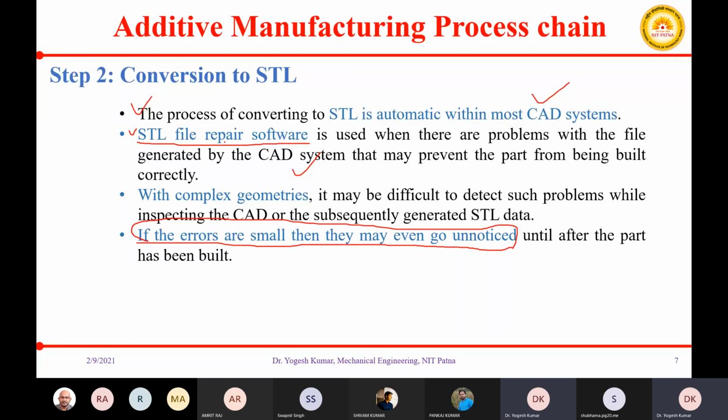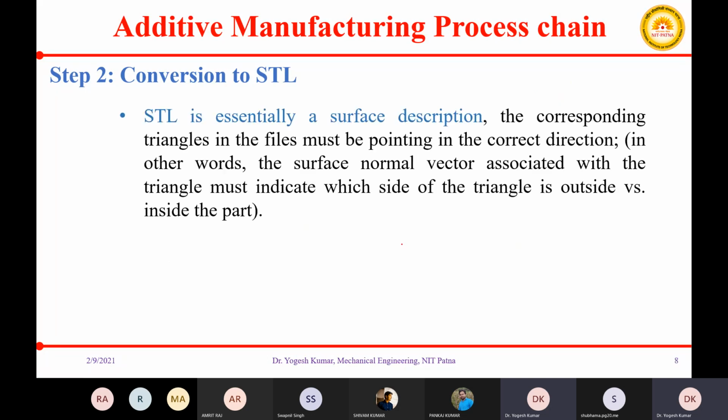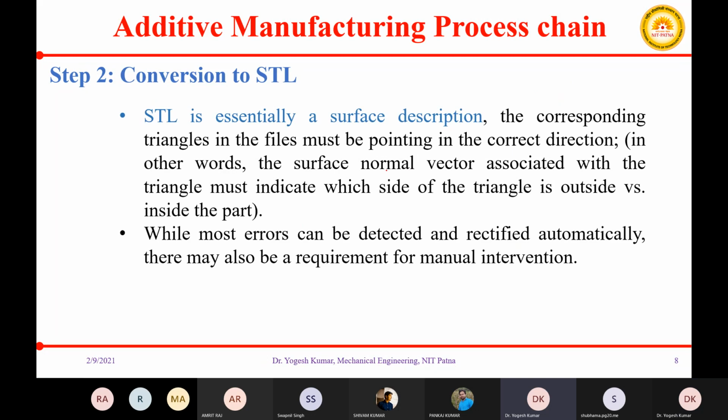I have demonstrated that there are a lot of options available in open source software called MeshLab. These errors can sometimes be detected, and sometimes if you zoom in, then you are able to detect them.